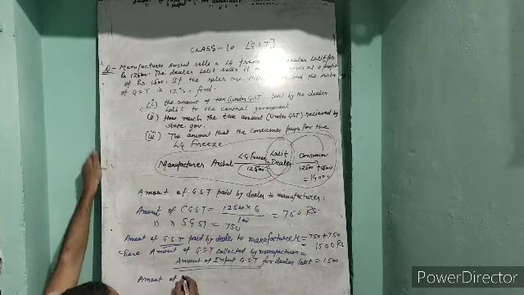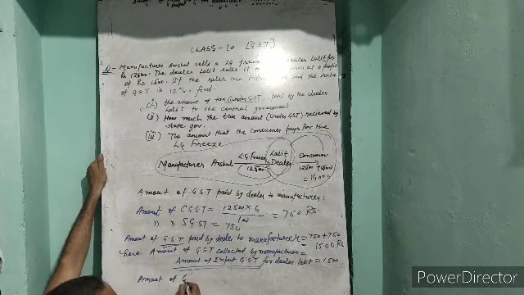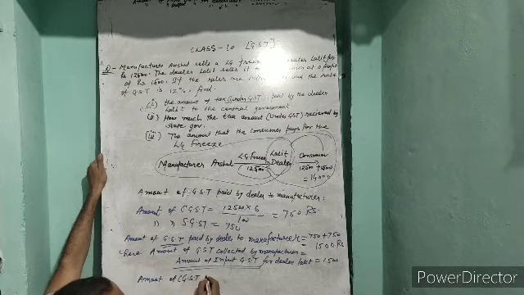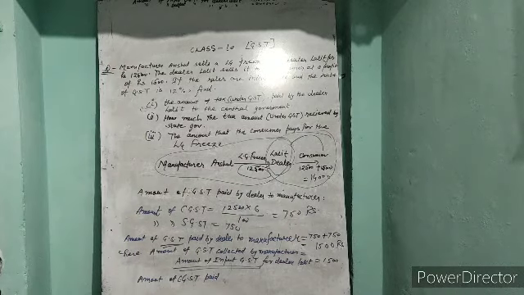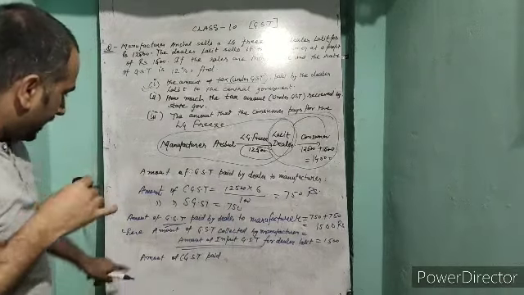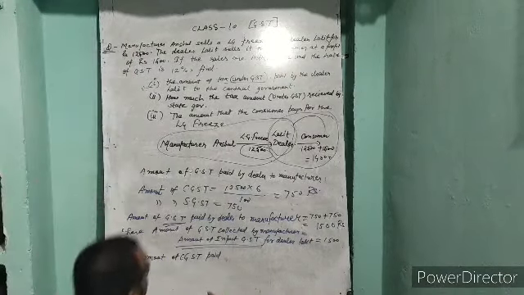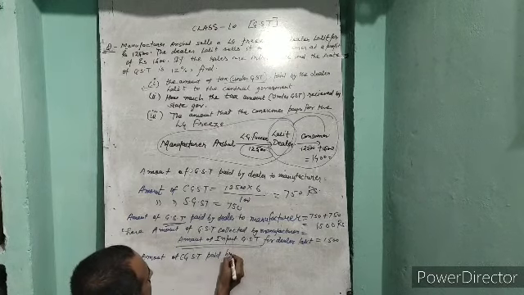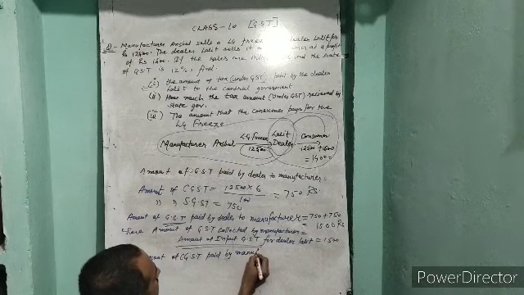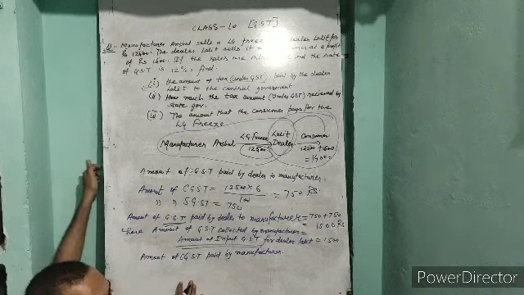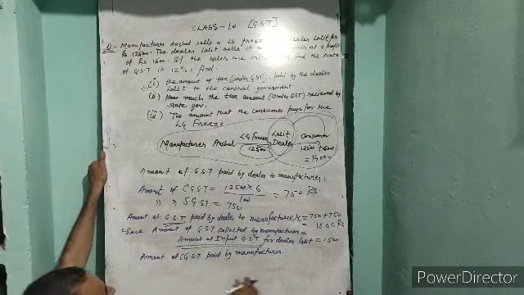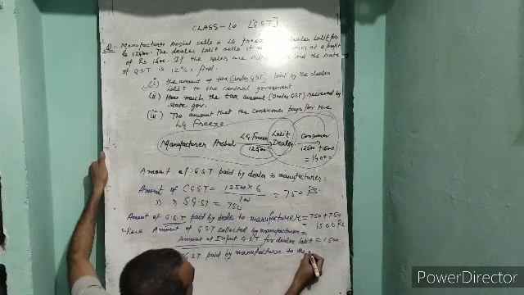So the amount of GST I am writing as CGST: the amount of CGST paid by the consumer to the dealer